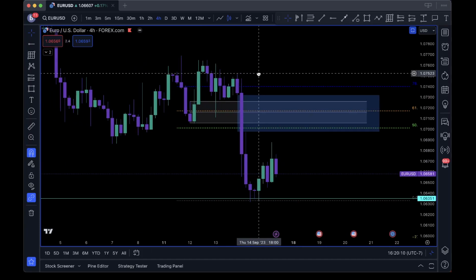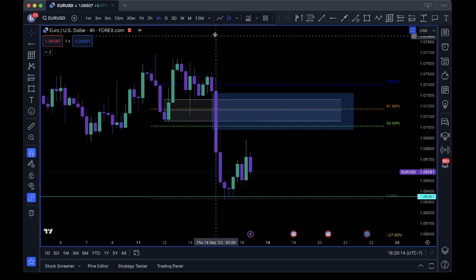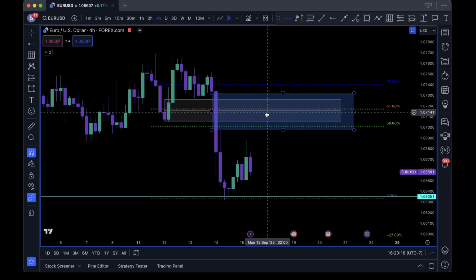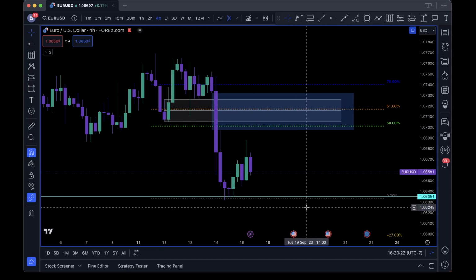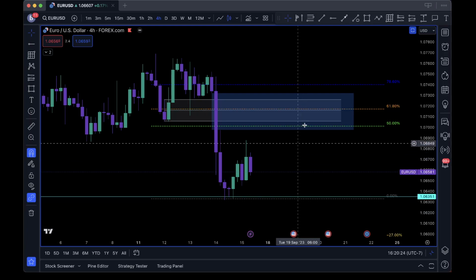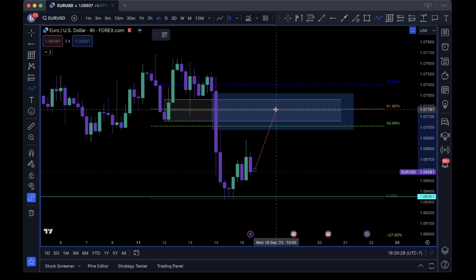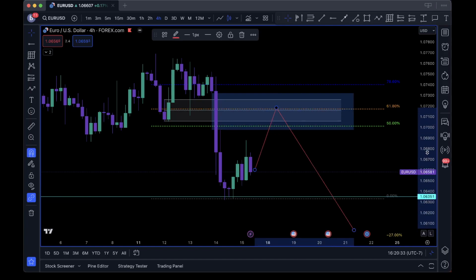So if you were that institution, you would want to cover those longs, right? All right, you're in the red right now. You're going to want price, you want to be able to push price up here so that you can get out of your long positions and sell short to get on the right side of the market. So that's the theory behind what I'm thinking right now. My thought is price is going to push up into OTE and then down to the minus 27 right here.